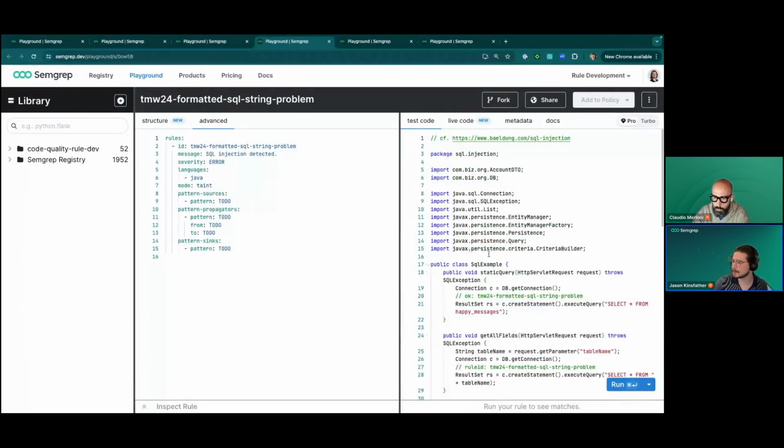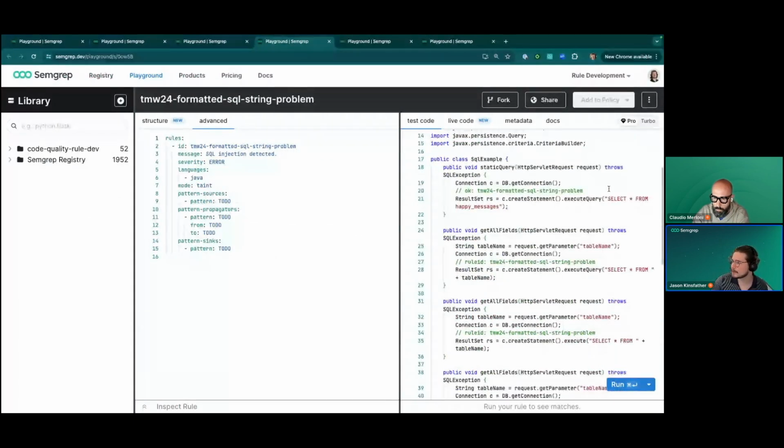And so we're going to look at a Java rule. So of course, because it's Java, it's a little more verbose here. Now, looking at pattern propagators, this is the syntax for pattern propagators. Pattern propagators are going to take some kind of pattern. So, for example, if I had a function called string copy and it took in some kind of source string and then copied it to another variable called destination,